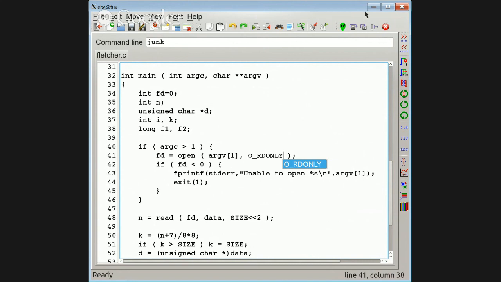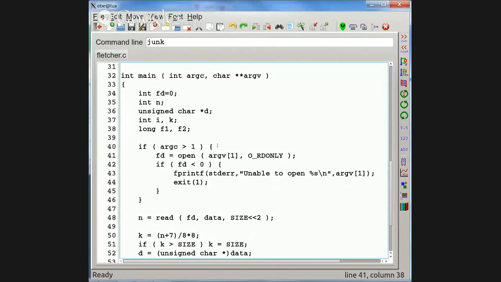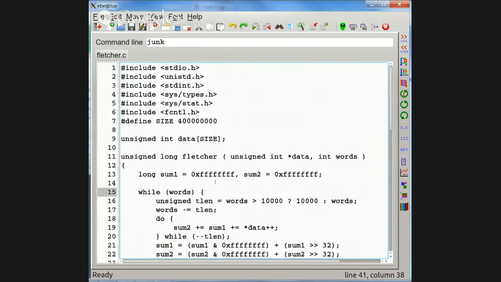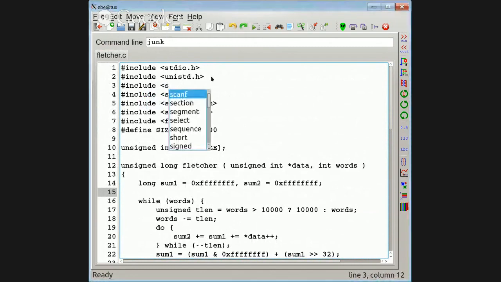And let's see if this thing is ready. We'll quit in a minute or two, but I would like to see Fletcher make it. I'm not sure which one of these has it in there, but probably it's one that I haven't included. But standard lib.